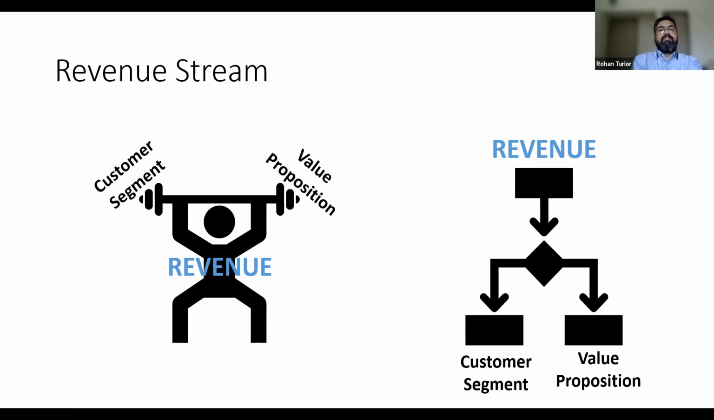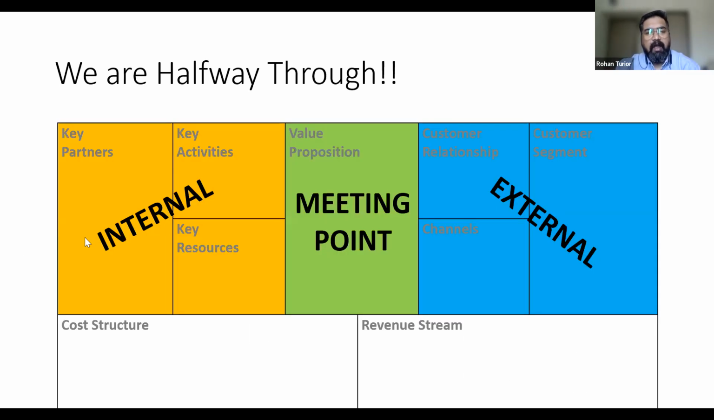So each of these customer segments are different, and each of these customer segments come to the platform for a different value proposition. When both these things are met, that is when the revenue channel opens up. Okay, so basically the customer segment and the value proposition leads to the opening of the revenue channel. Now at this point of time, we are pretty much done with half of the business model